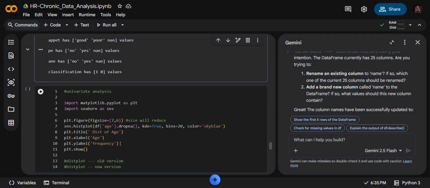But this is the code for us for age and frequency, because I'm using actual coding data analysis, that's why you are taking this age and BPN sugar.